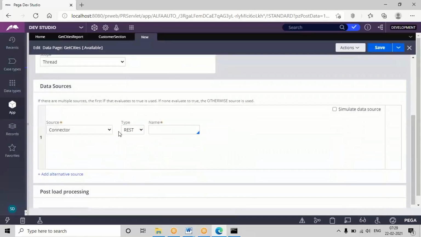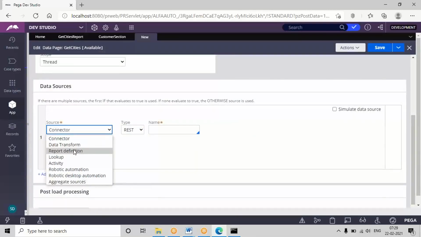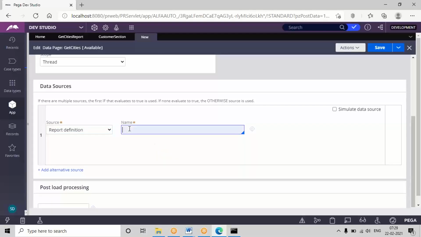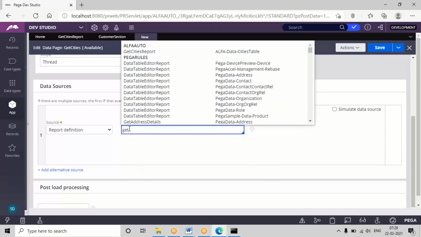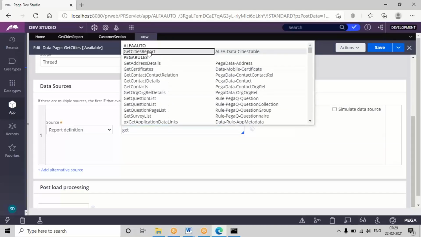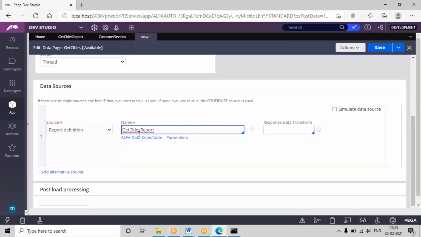In the source option, choose report definition and call your report name. After the report is given, we need to map the new parameter value to the old parameter value.